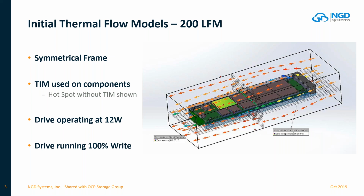Thermal interface material to allow heat conduction from the components to the actual case. Is this a 9.5 form factor? Yes. So this is E1.S 9.5 symmetrical design, no external heatsink. No asymmetrical heatsink required. And then the second one is just the same exact thing, but with even faster airflow, which